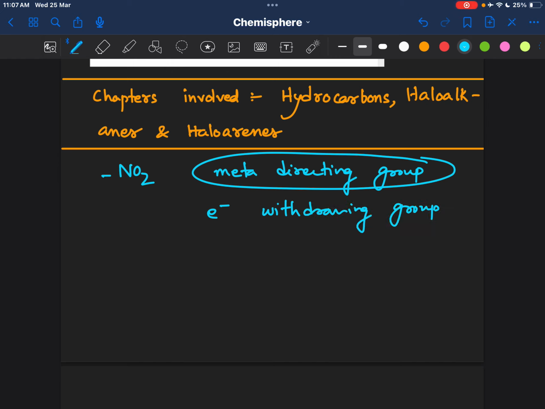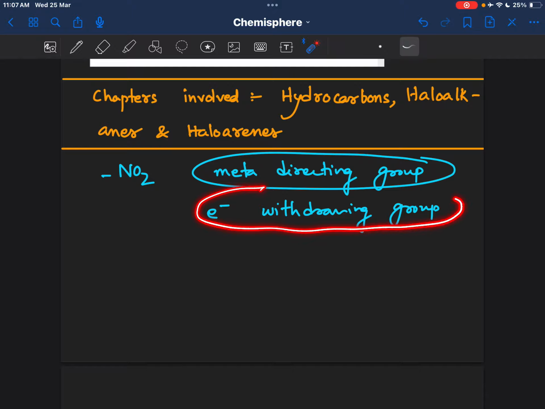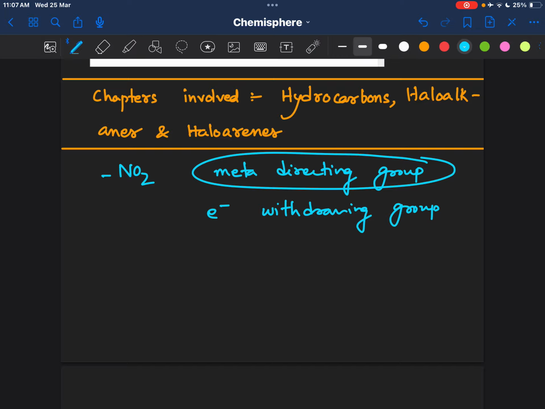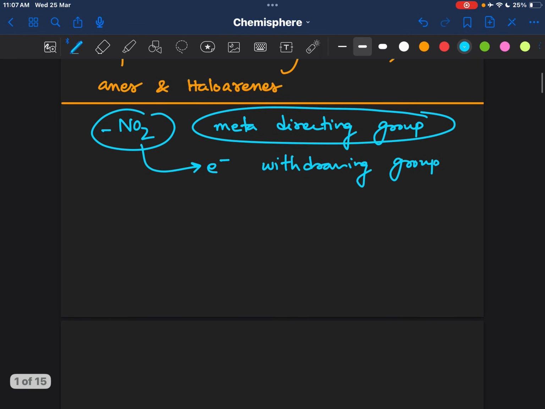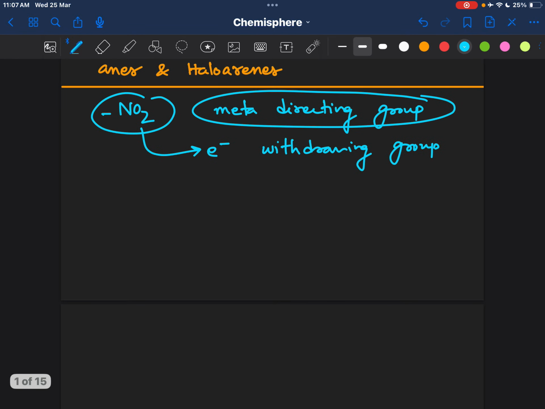If something is electron withdrawing, it will be a meta directing group. And how do I know that NO2 is an electron withdrawing group? To know that, there is an important statement, that all the electron withdrawing groups will have an atom